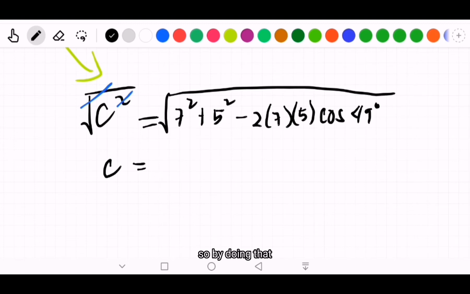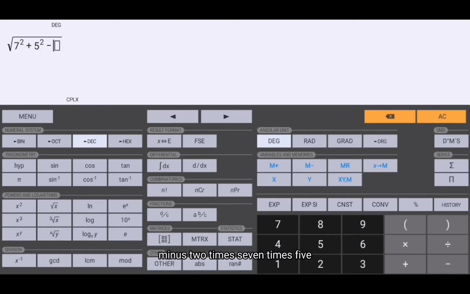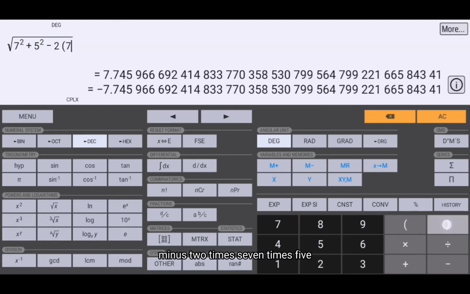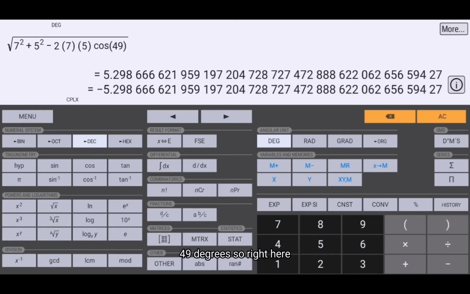By doing that, let us use a calculator to solve for the value of C. We are trying to solve for the square root of 7 squared plus 5 squared minus 2 times 7 times 5 times the cosine of 49 degrees. Right here, we will be able to solve for the value of C, which measures